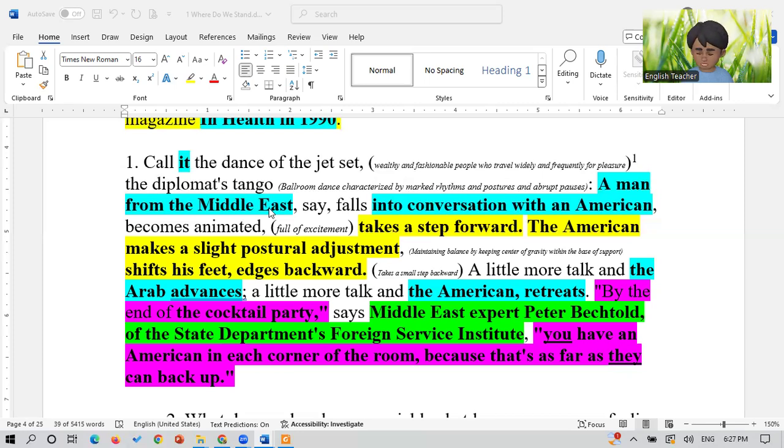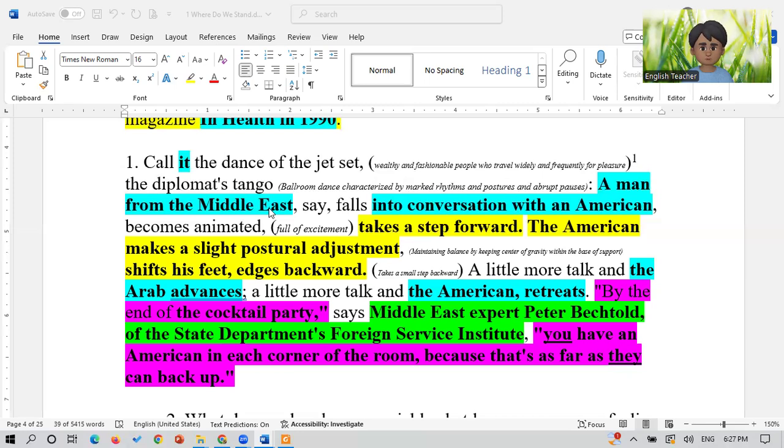Now let's ask the question, what does this paragraph say? So this paragraph says that there is a cocktail party. This cocktail party has been most probably organized by the Foreign Service Institute of the United States Department. And in this cocktail party, there are participants from different countries and cultures, like there is somebody from the Middle East, there is someone from America,